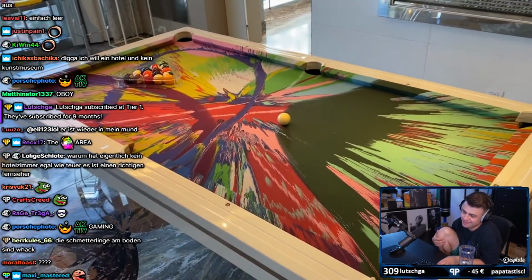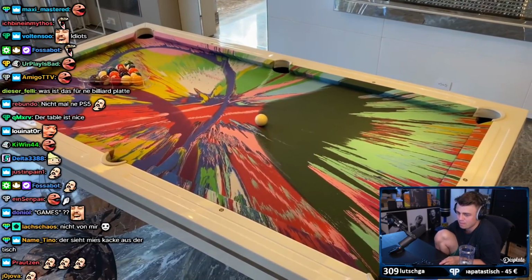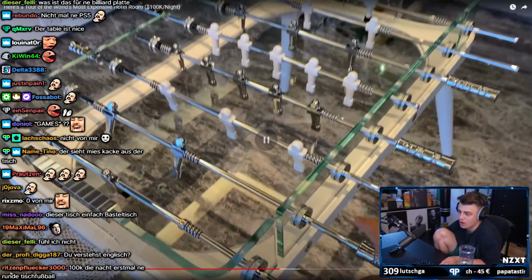I'm not sure how all the lines on the table would affect lining up your shots, but it would certainly be interesting to play here. Over on the other side of the room, you have a Foosball table, which is also rather interesting because